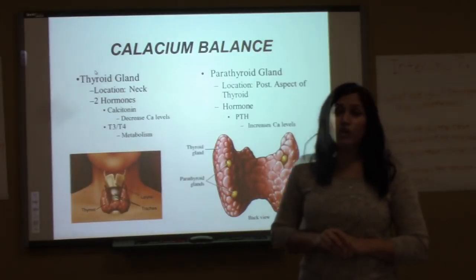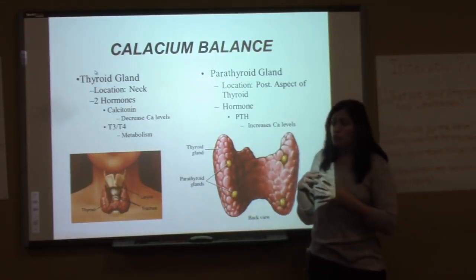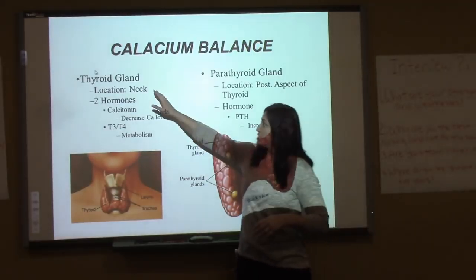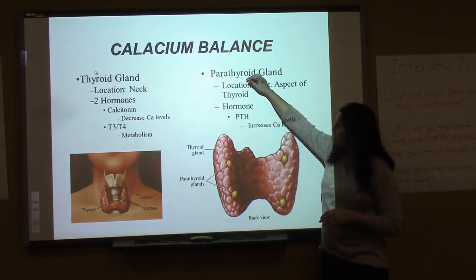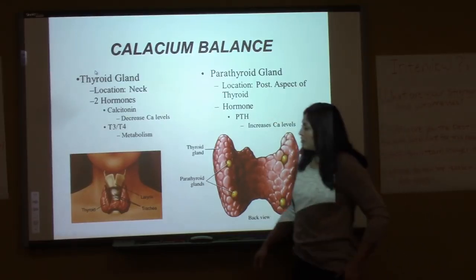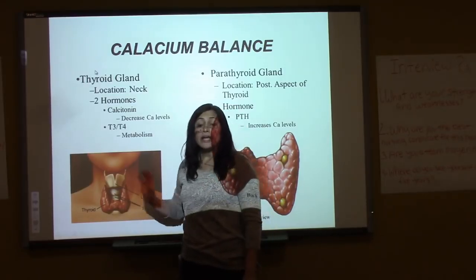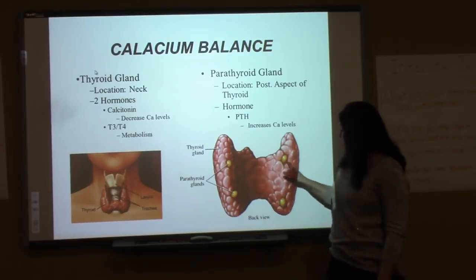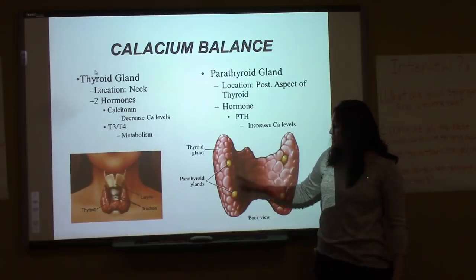The last part that I want to talk about is the calcium balance. There are two endocrine glands and two hormones that regulate the calcium balance in our body. One of them is the thyroid gland, and it releases the hormone calcitonin. Then there's the parathyroid gland, and it releases the hormone parathyroid hormone. If you look right here on your neck, a butterfly shape is the thyroid gland. In the posterior aspect, on the back of the thyroid gland, you find these four small yellow glands, which are called the parathyroid